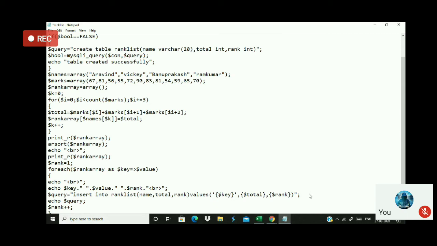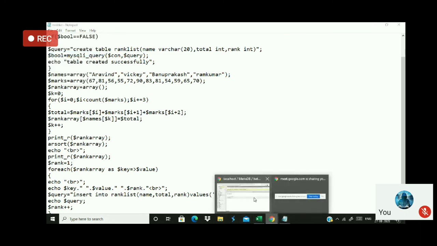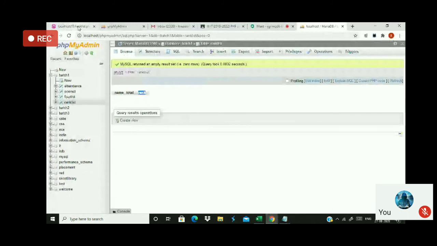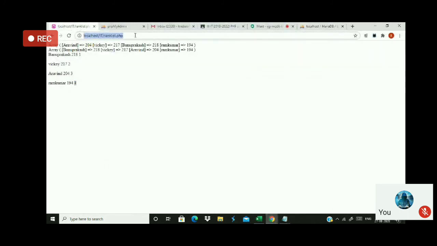Okay, so a lot of mess will happen if the lines of code are too many. We are writing 150 or 200 lines. Now you have to verify whether the query dynamically passes appropriate values or not. You have to check it out. To do that, you just use echo query here. This is just for verification. It's not mandatory, just to verify whether it is passing in the appropriate fashion or not.